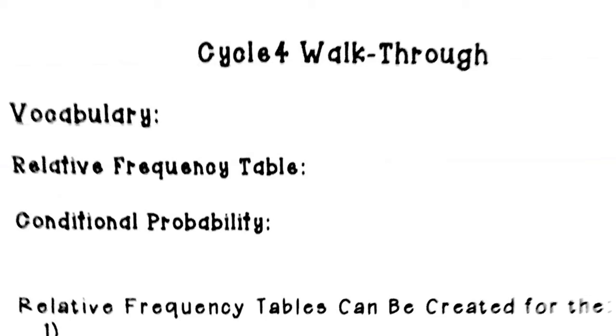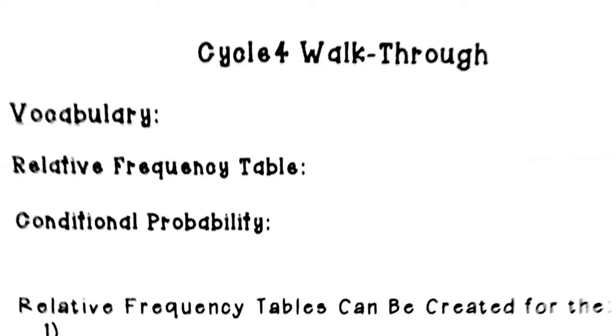Alrighty guys, this is the Cycle 4 walkthrough. We are going to go over relative frequency tables and conditional probability. So if we go over those two definitions first, if we look, the relative frequency table, which we kind of